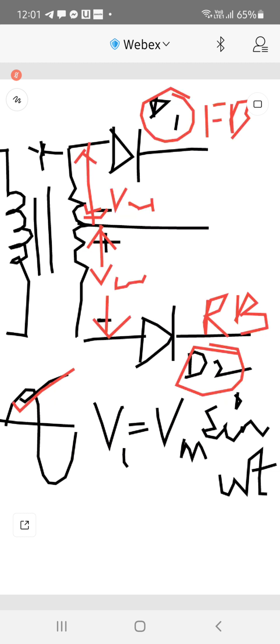The positive of the diode is connected to the P side and the negative of the diode is connected to the N side for D1. So D1 is forward biased, and in case of D2, you see the positive of the diode is